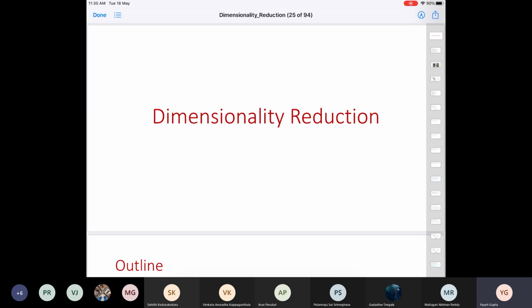Obviously, K is less than D. So that's why the term reduction. Our goal is to reduce the number of dimensions while trying to preserve as much information as possible. So this particular area, dimensionality reduction, deals with minimizing the number of dimensions while preserving as much information as possible.